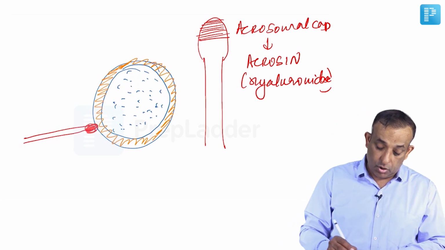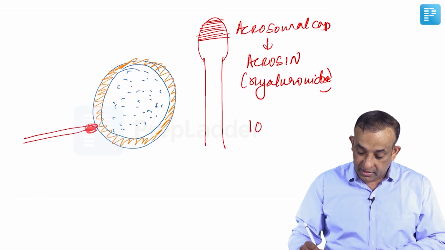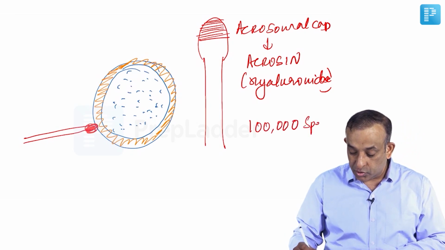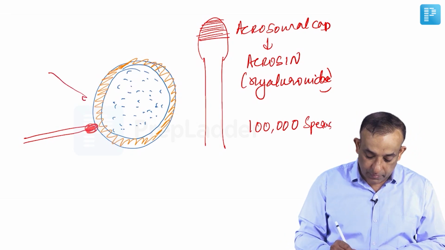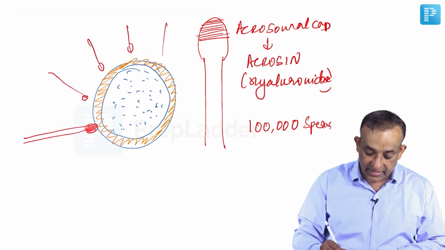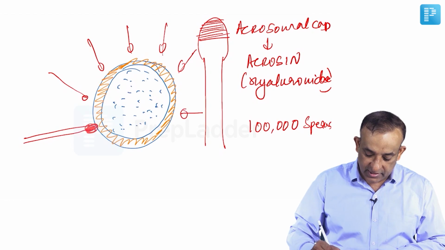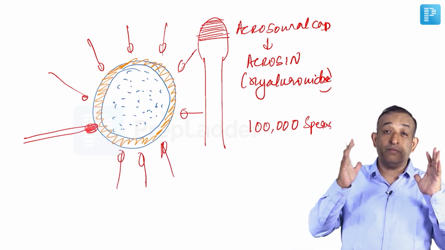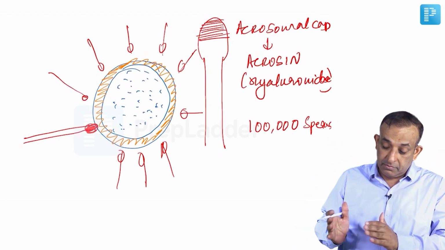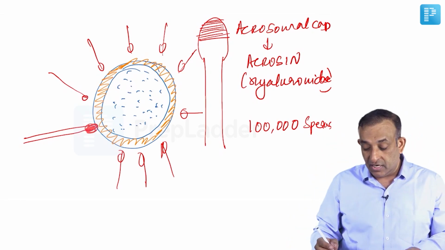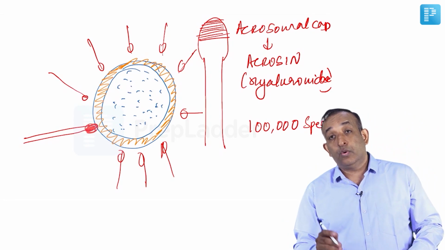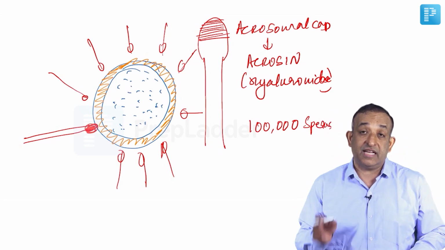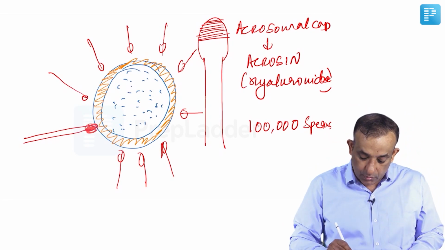This acrosin of 100,000 sperms, 1 lakh sperms otherwise, so many sperms are required to come and release the acrosin. The sperms will literally come and break the heads. That's what we say, you know, breaking the heads. These sperms will come and break the heads and release the acrosin, and then the zona pellucida will get softened when acrosin from 100,000, 1 lakh sperms is released at the site of fertilization, and finally one sperm will get